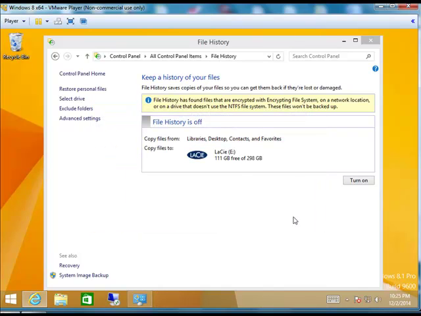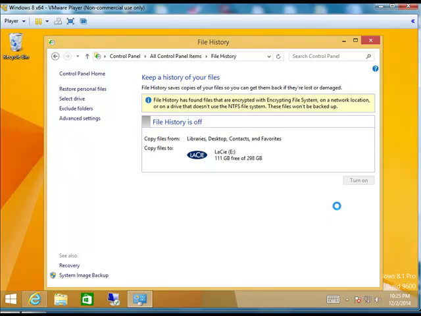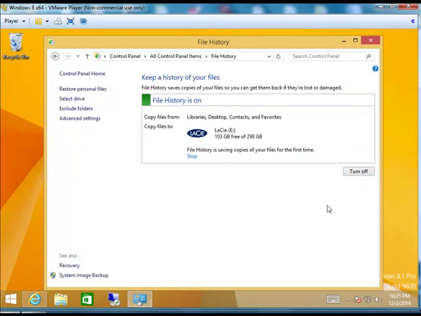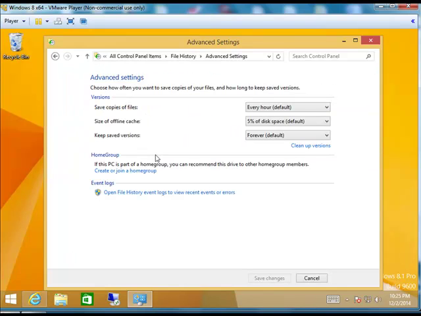Now, while I'm in file history, I want to go ahead and turn it on and get it configured. So let's go ahead and do that. I'm going to turn on the file history. Okay, now that I have turned on the file history, I can go into the advanced settings and I can